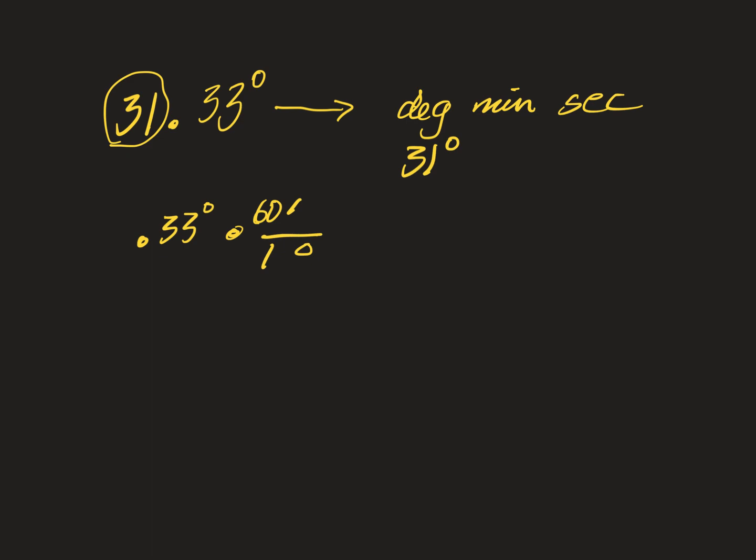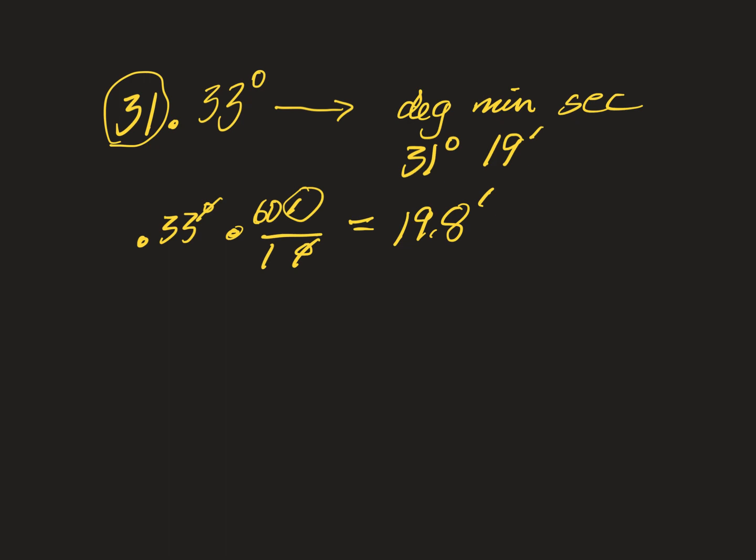Sorry, I'm snagging my calculator. You're going to use your calculator on this, and this is a perfectly acceptable use of a calculator. And I get 19.8. Notice the degrees cancel, so we're just left with minutes. So I get 19.8 minutes, which means I have 31 degrees, 19 minutes, and now I need to convert the